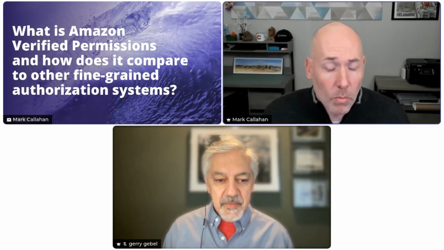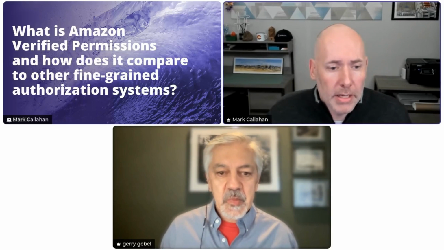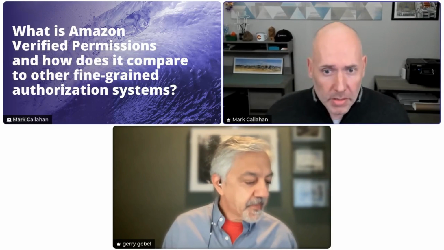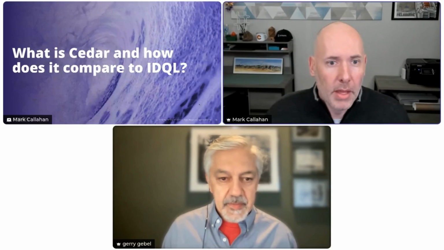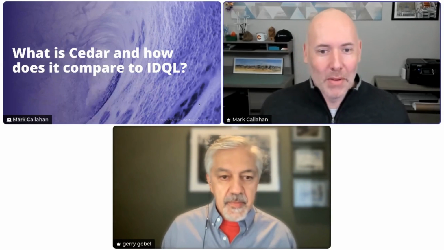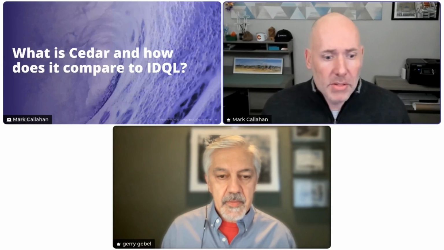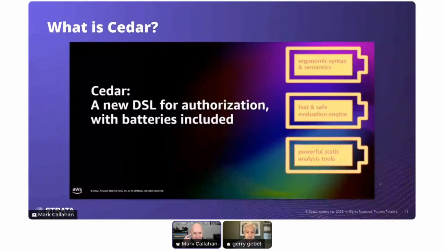Gotcha. Okay, so that gives us sort of the lay of the land, what we've learned that AVP is, how it functions and why it was created, and a little bit of information about how it relates to those other authorization services that we're all quite familiar with. So let's talk about Cedar. You mentioned Cedar, of course, like the tree. So we have a new language. And as we're thinking about Cedar, what is it and how does it relate to the work that we've done with IDQL? I know I cribbed a slide from the presentation at reInvent, setting the stage a little bit here as we think about it.